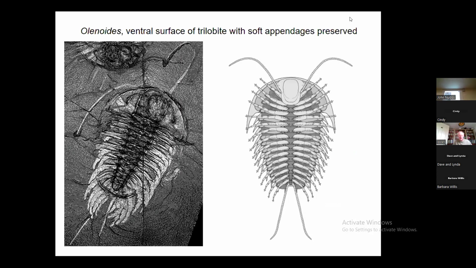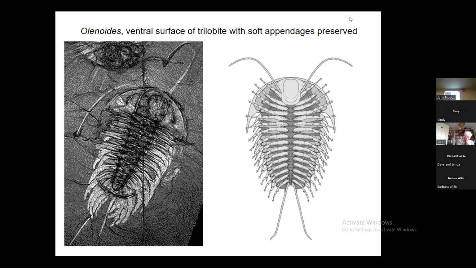Of course, we get normal trilobites in Burgess, Olenoides, one that's found in other Cambrian shelly faunas around the world, but of course, normally we only get the hard carapace. True to form in Burgess, of course, you get all the soft appendages from the underside. There's only 3 localities in the world where you get soft tissue, the limbs of trilobites preserved: Burgess, Hunsrück slate